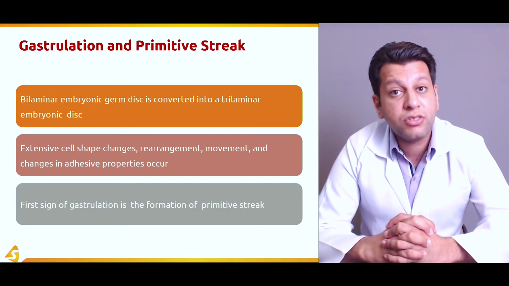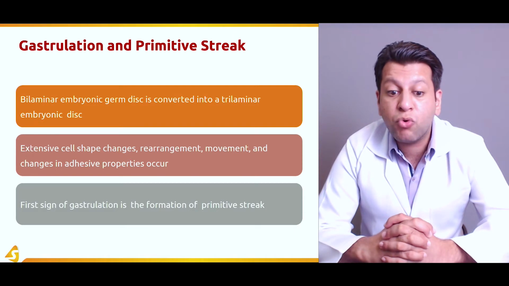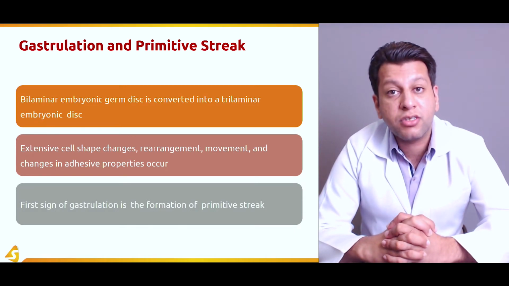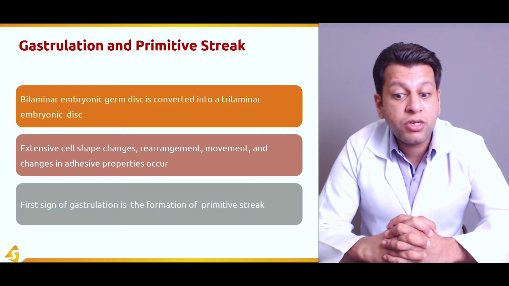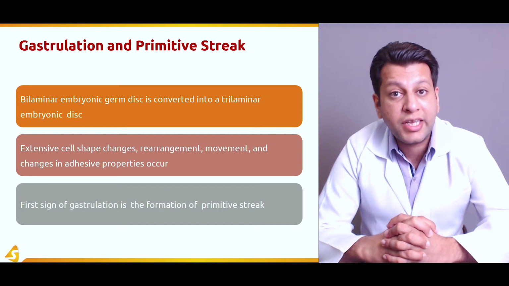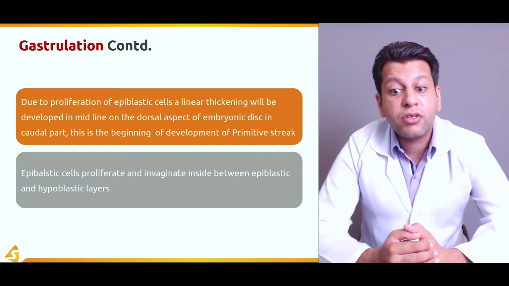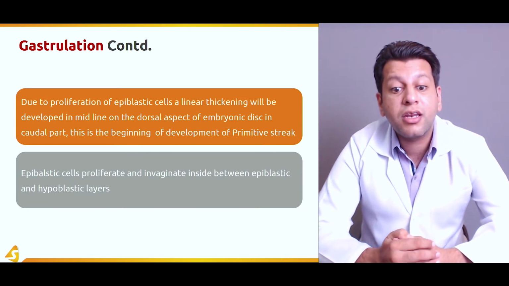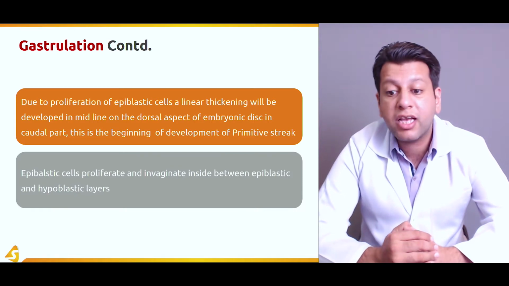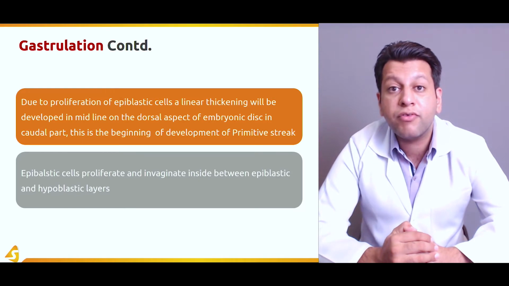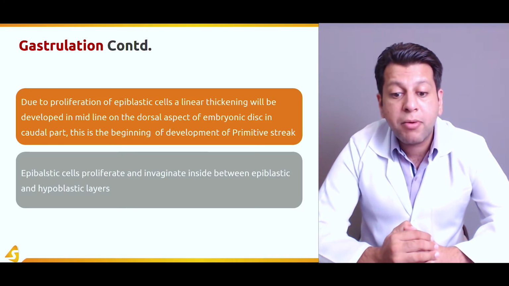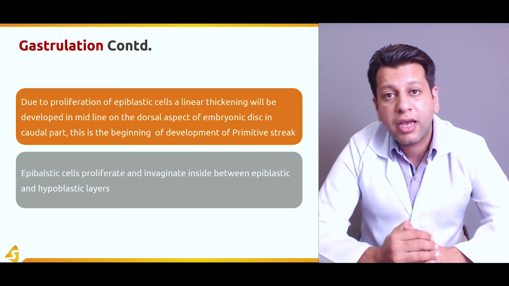The bilaminar embryonic germ disc is converted into a trilaminar embryonic germ disc. Extensive cell shape changes occur, rearrangement, movement, and changes in adhesive properties as well. The first sign of gastrulation is the formation of the primitive streak. Due to proliferation of epiblastic cells, a linear thickening develops in the midline on the dorsal aspect of the embryonic disc in the caudal part. This is the beginning of development of the primitive streak. Epiblastic cells proliferate and invaginate between the epiblastic and hypoblastic layers to form three layers, which are ectoderm, mesoderm,